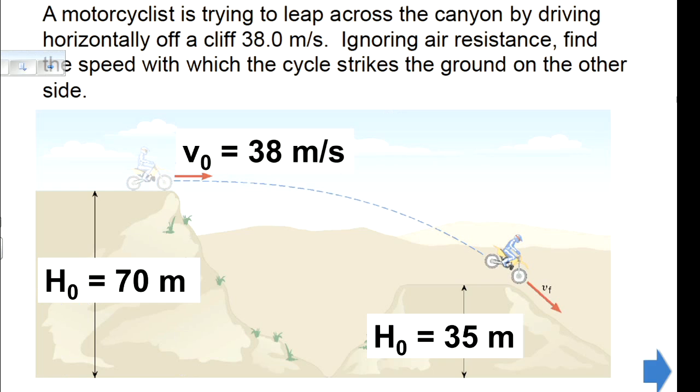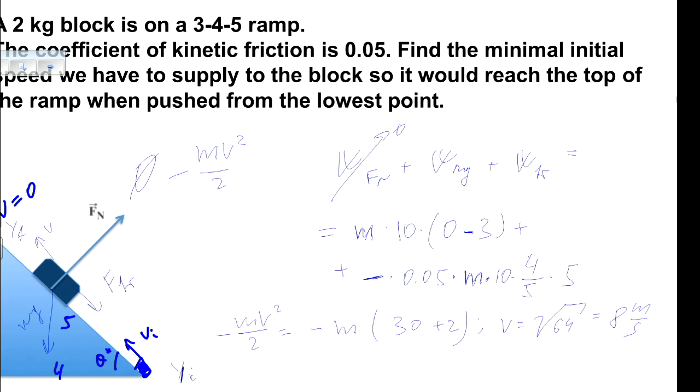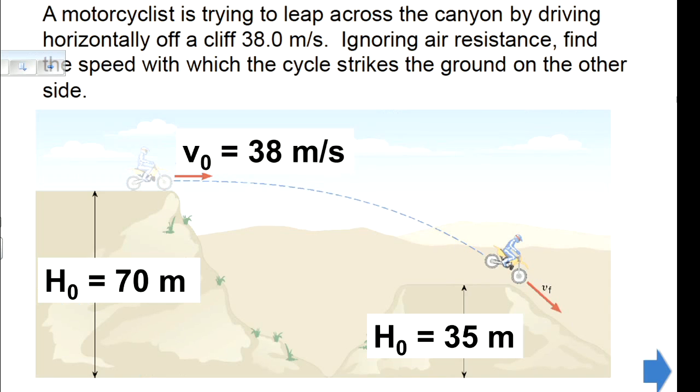Well, one more example. We have solved a similar projectile motion problem, and we know what to do. We could have used all our equations, velocity equation, position equation for x and y components. But now we can solve this problem faster using the law of conservation of mechanical energy. Here I used the work kinetic energy theorem because of friction. Here we neglect any air friction, and if there is no friction, I always use the law of conservation of mechanical energy.